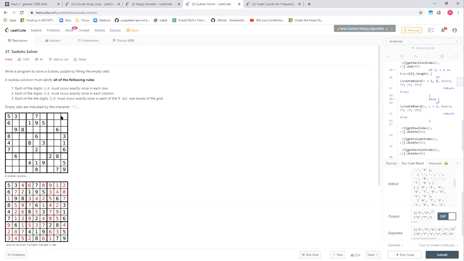So, yeah, what is the valid state here? Anytime I place a number at one empty box, let's say this one, it should not violate condition 1, which is essentially each digit must occur exactly once in the row. Each digit must occur exactly once in the column and exactly once in the 3 by 3 subgrid. So if I place 1 here, it's valid and satisfies all the 3 conditions. So what I'll do is place 1 here and move ahead and try to fill up the other ones, right?